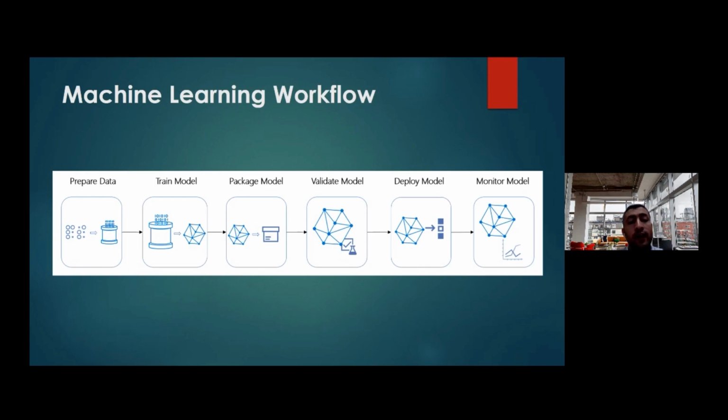So if you look here, you start from the left side with the data preparation or data pre-processing, where we have the raw data and we are trying to make some kind of transformation on the data to make it ready for training as a second stage. This pre-processing on the raw data could include cleansing the data. So if we have missing values, or null values, or some columns with too many nulls or none values, and so on,